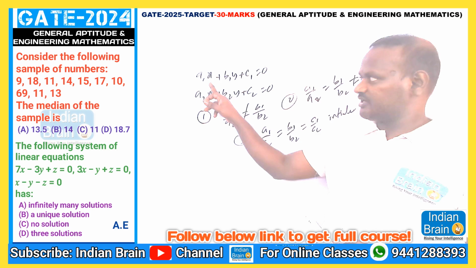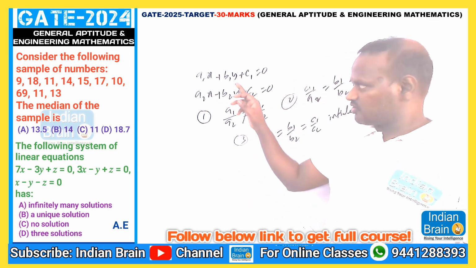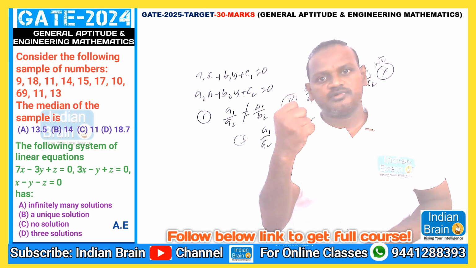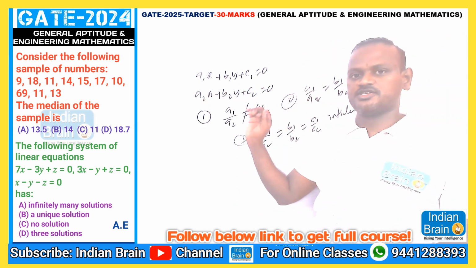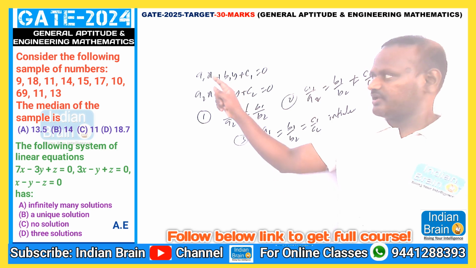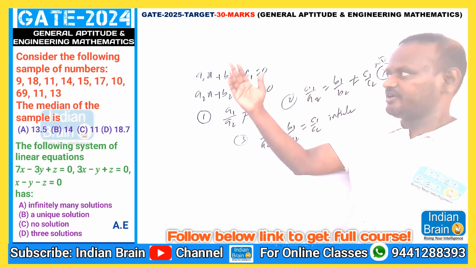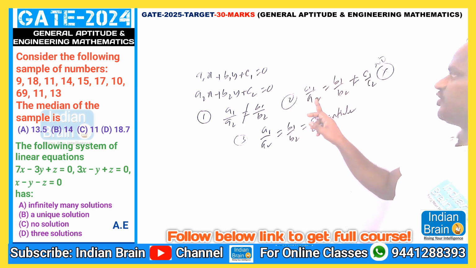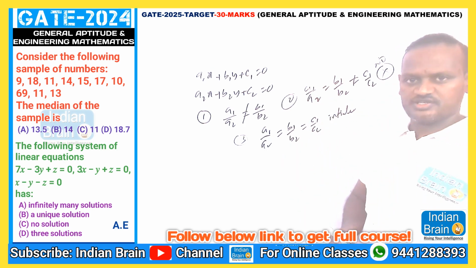Whenever you have two variables x and y, that is called a linear equation in two variables. To solve it and find the solutions, we should have a minimum of two equations. In that case, we need to go for the ratios. According to the ratios, you can decide the story. First condition: a1 by a2 is not equal to b1 by b2, then we'll have a unique solution. x will be different as well as y will be different. If a1 by a2 is equal to b1 by b2, but it is not equal to the constants ratio, then there will be no solutions.